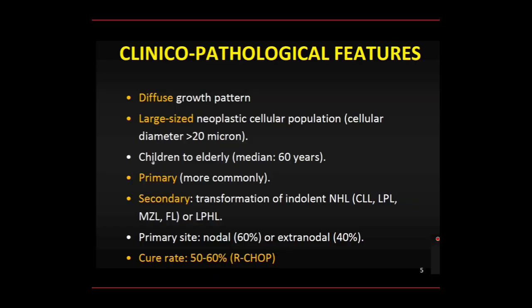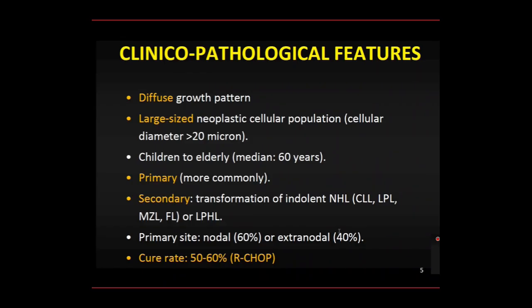Can present clinically as a primary disease, so de novo diffuse large B-cell lymphoma, or as diffuse large B-cell secondary to an indolent non-Hodgkin lymphoma or Hodgkin lymphoma, as we will see. We got the example of follicular and marginal zone lymphoma. Primary site of presentation can be nodal, you see 60%, or extranodal, so very common to have diffuse large B-cell presenting as tissue effacement in lung,